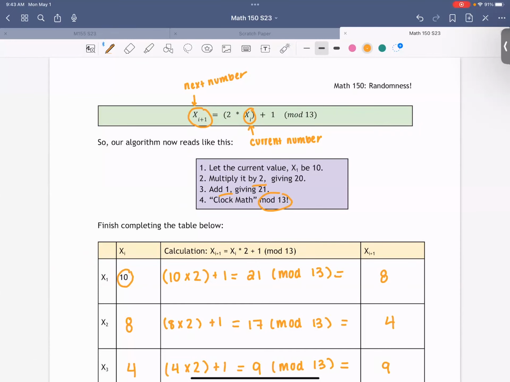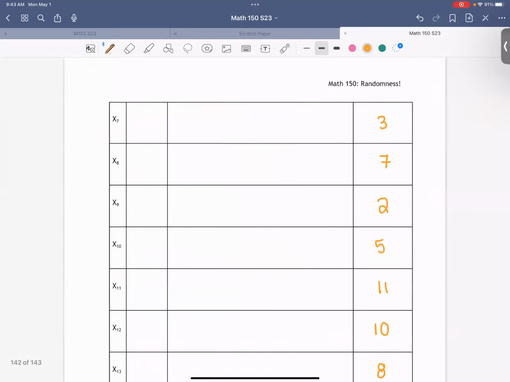Another thing we do is we don't use a simple mathematical formula like this. Usually it's not just multiply by 2 and add 1. Usually there's a lot of different mathematical symbols going on in there, instead of just multiplication and addition. That usually just doesn't really happen in real life.